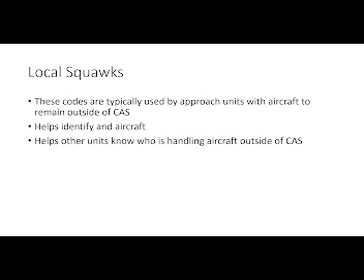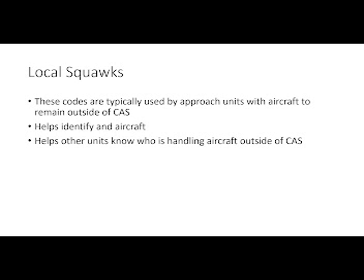So one type of Squawk code is known as a local Squawk. These used to be allocated to what was deemed local flights. However, as general aviation aircraft have got better, they're no longer known as local flights. So these codes are typically used by approach units when an aircraft is going to be handled by the approach unit and is typically going to remain outside of controlled airspace, or is just going to remain inside the control zone and controlled area. Local Squawks help identify an aircraft, and it lets us know who is handling the aircraft